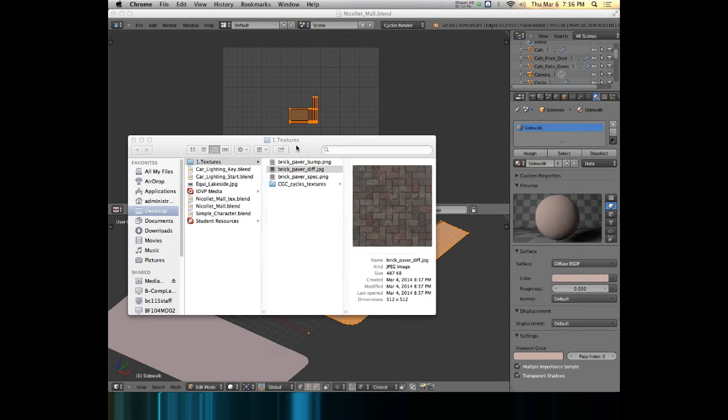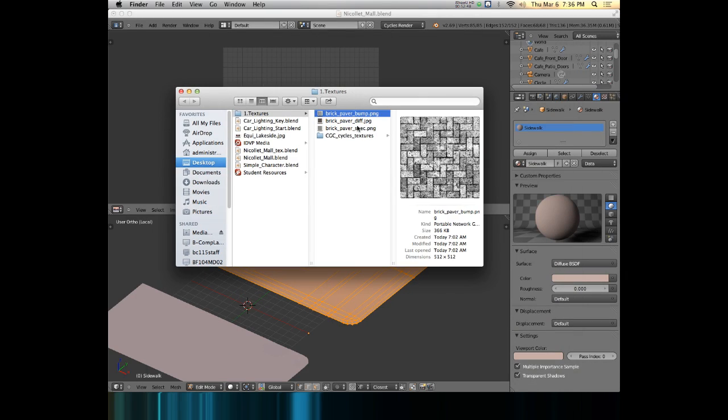And then to get the other, in this case the other two, the bump map and the spec map, these were just created in Photoshop. I added a couple of adjustment layers, one to turn it grayscale, and then one just adjusted the levels. With bump maps in general,